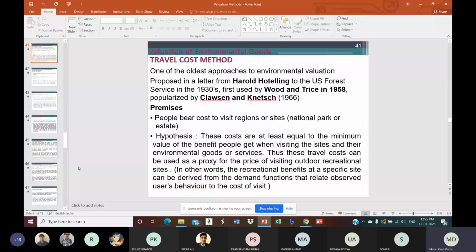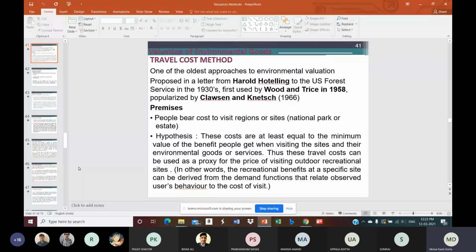So here, the name of the travel cost method itself tells us about the type of activities or the process involved in the method. It's the cost which is incurred in the process of traveling from one place to another. The visitors have to pay or incur the cost. So that actually reflects the indirect value of a particular location, a recreational site.